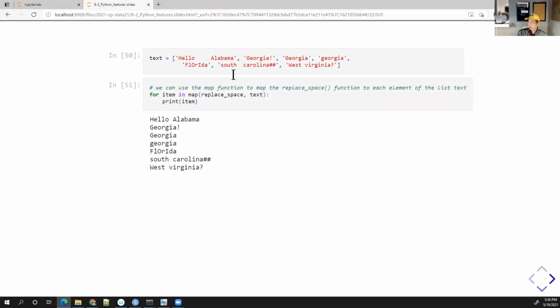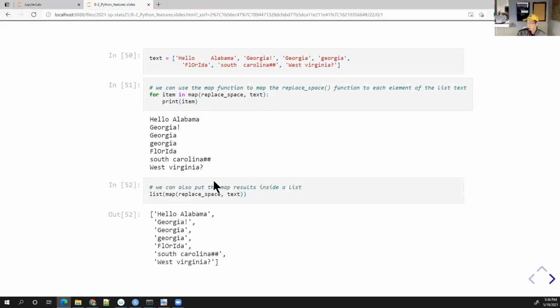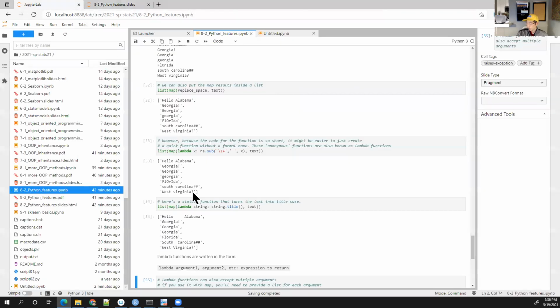So I can just do for item in the map, and if I mapped this, it would return what is known as a map object. Then we can go through everything and print out the item. Or I could also just take the map and put it into a list, and it creates a list here, right? Maybe I should have just shown you what the map